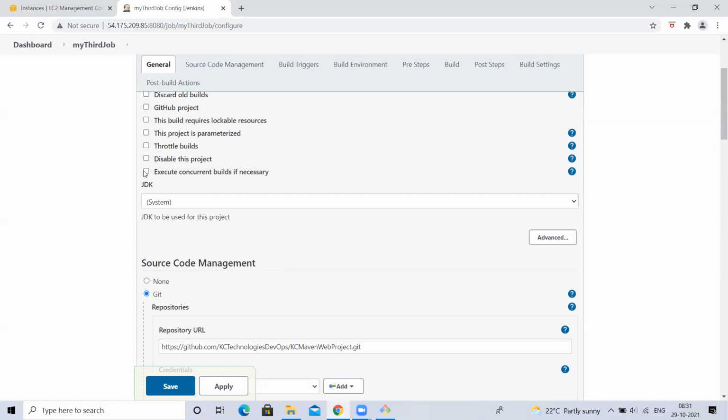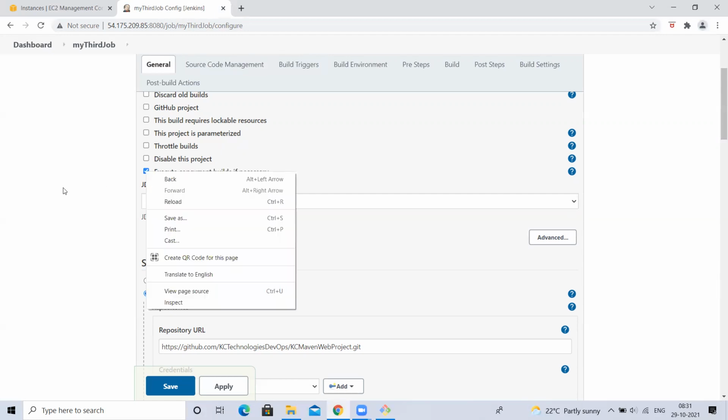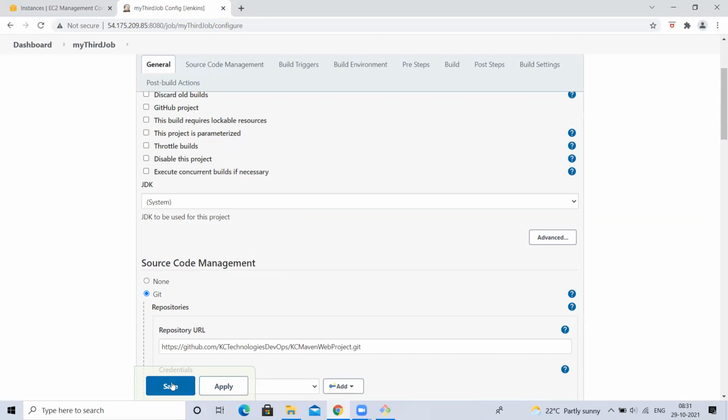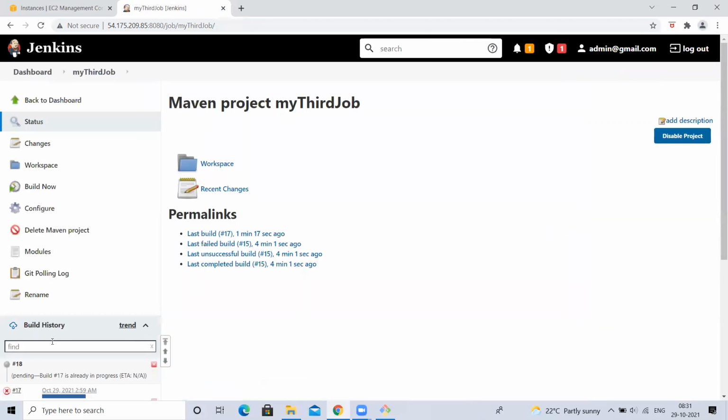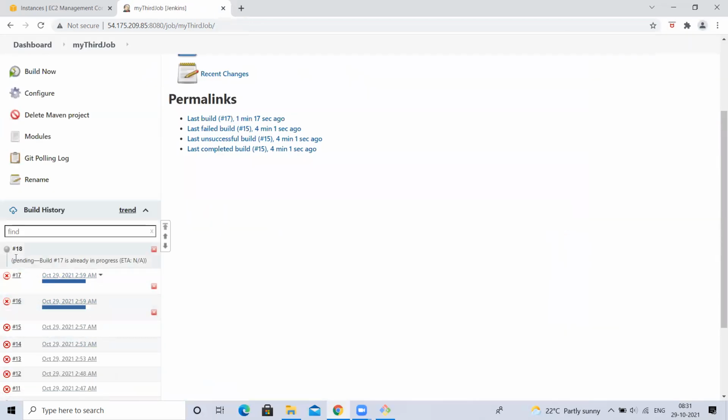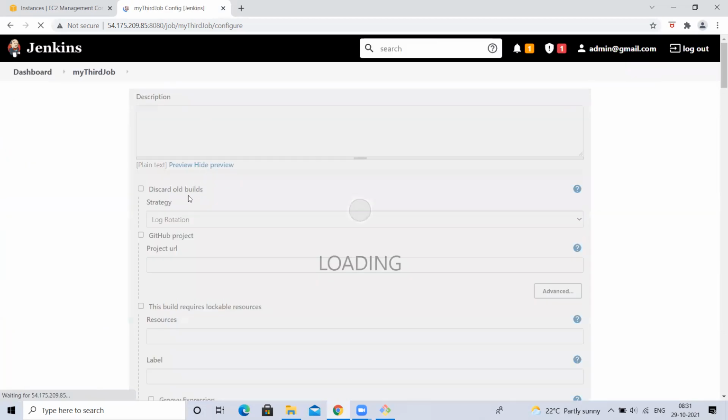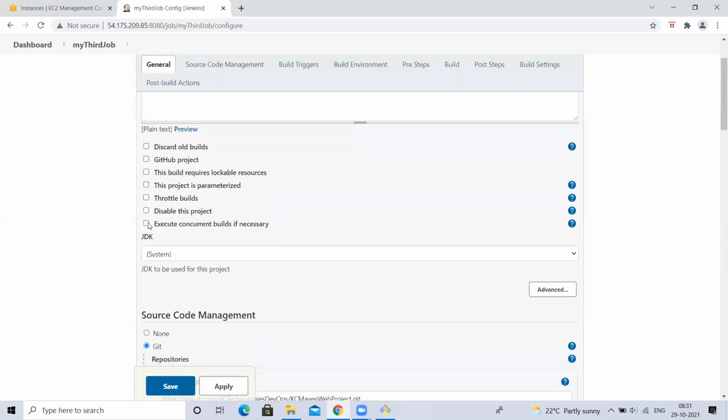If you want to allow parallel builds, then you can select this. Understood, guys? But why was the third one not executing, when these 2 are executing? Keep this question in mind. I'll explain that later. By default, builds will not get executed parallelly. If you want them to, you can select this option.